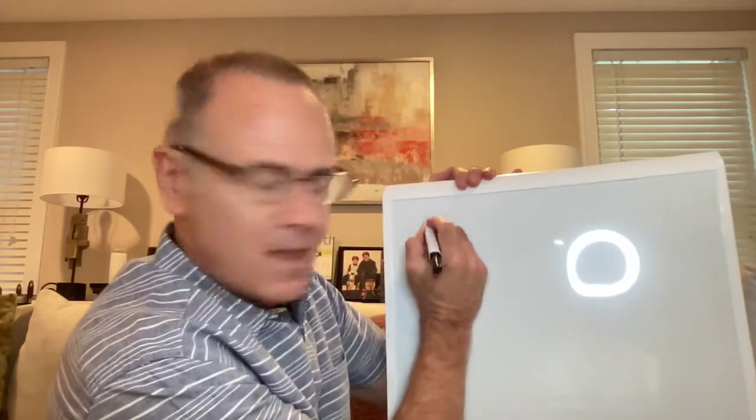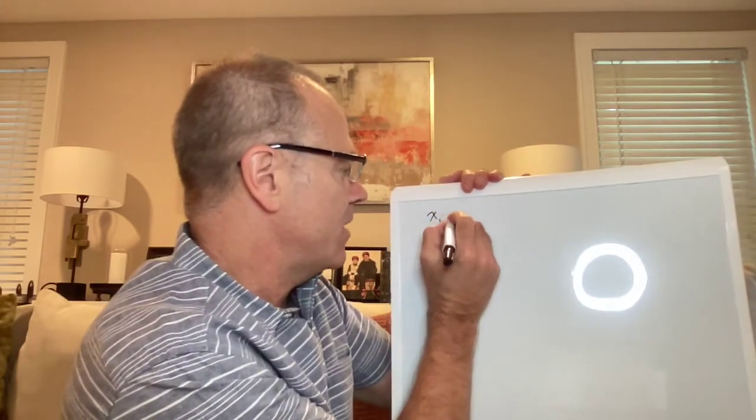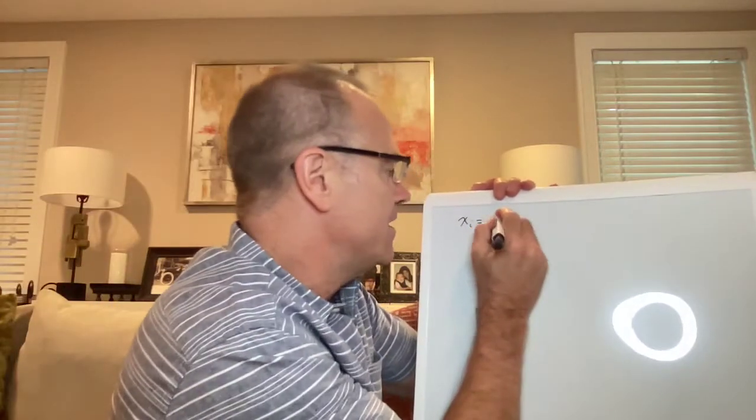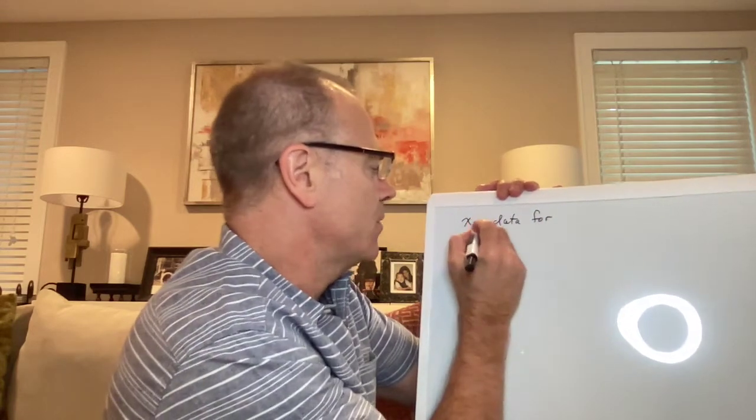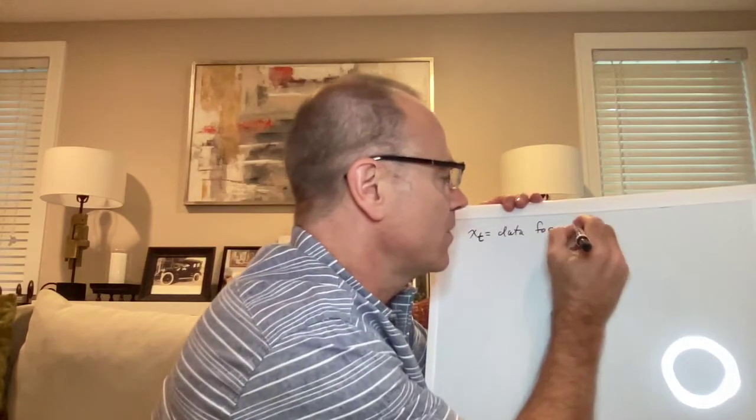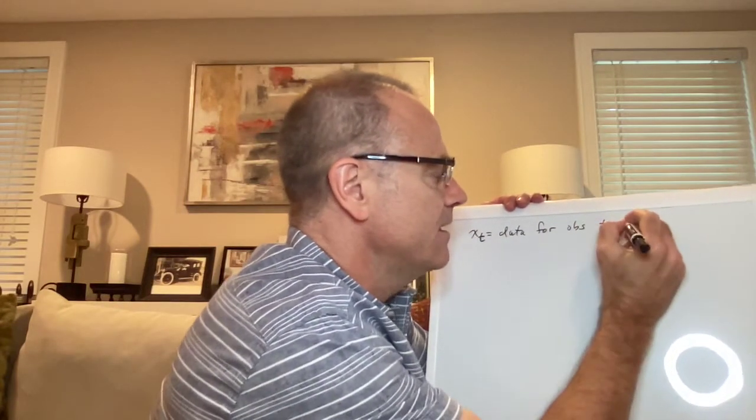Okay, now I'm going to give an example of a likelihood function. So here, first, let's get some definitions. We are going to write x sub t, the data for observation t,